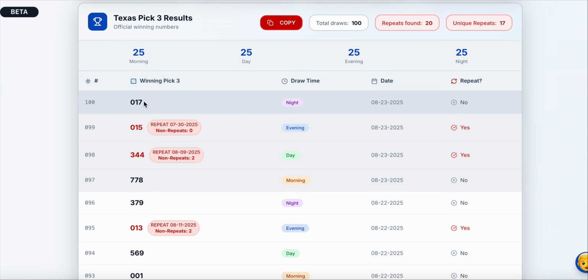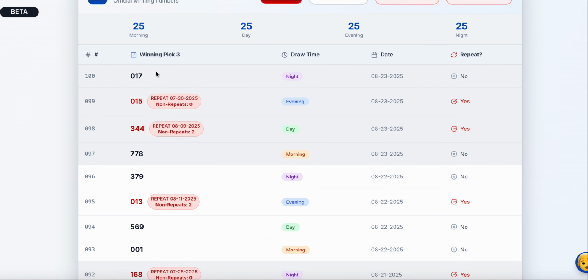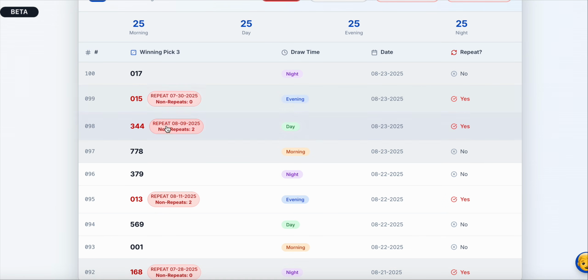The reason why you'd remove these is because if it's a black number, meaning it's not a repeat, it cannot be. It's impossible that it's going to be one of these past numbers. Because if one of these past numbers repeats, I just told you, it's a repeat, right? So we're trying to get the ones that don't repeat, right? They have to hit first and then have to hit second to be a repeat. There has to be at least two of them for it to be a repeat. So this is telling you when a repeat happens like this, okay, high probability when you have 100 draws that the next one is not going to be a repeat. And this is what you can do.